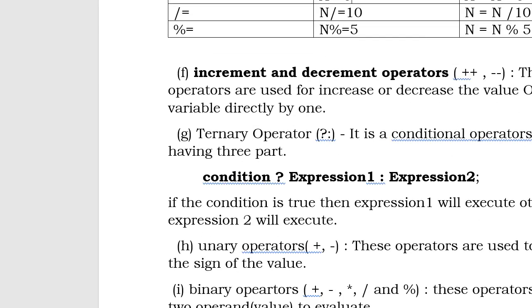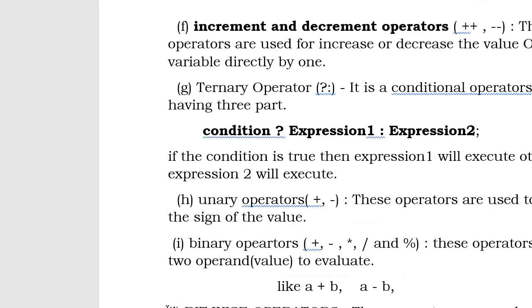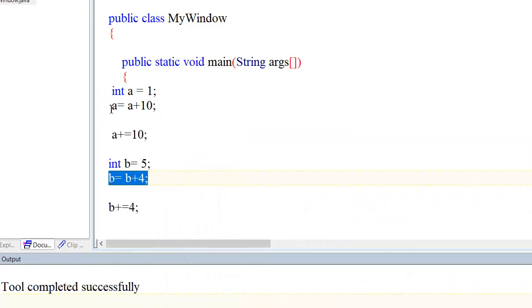Now the most important operators: plus plus and minus minus. This plus plus is called increment and minus minus is called decrement operator. Next we will go for the ternary operator. After completing ternary operator we will complete our lesson today. We will go for bitwise operator tomorrow because it will take a lot of time to explain. Okay, and this is nothing, plus minus, we will use ternary, binary.